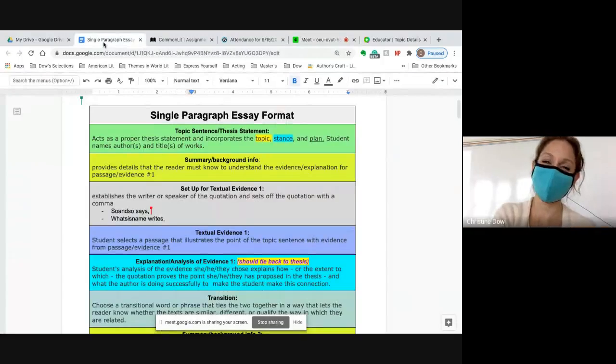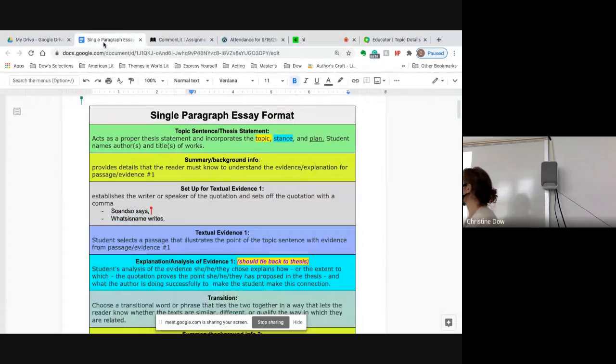All right. So here's your single paragraph essay format. Okay, it's the whole. We are going to synthesize. We're going to do it in the course of a single paragraph essay. It's condensed because we condensed the reading. We're trying to get to things a little bit more quickly to get you just back into the game. And we just want baseline data for how you write, how you analyze, and the way that you're using info.